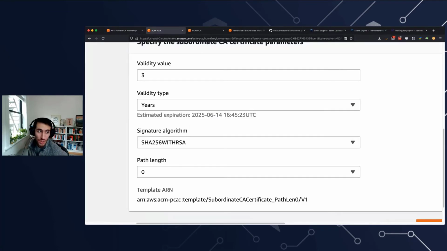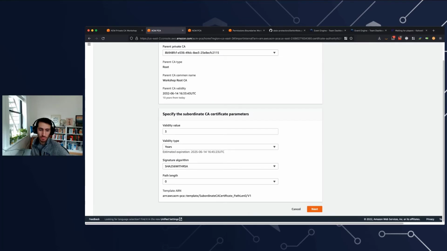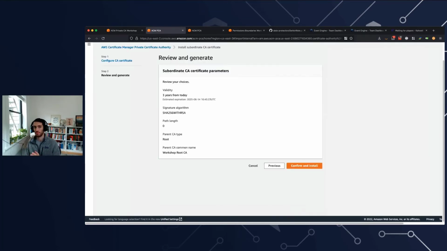Now, for our cases, we're going to leave this at 0 because we don't want any more CA tiers to be below this subordinate CA, which we're using as an issuing CA, okay? And so with a path length of 0, this means that one subordinate CA can be under the root CA. Okay, let's hit next. Then we'll confirm and install